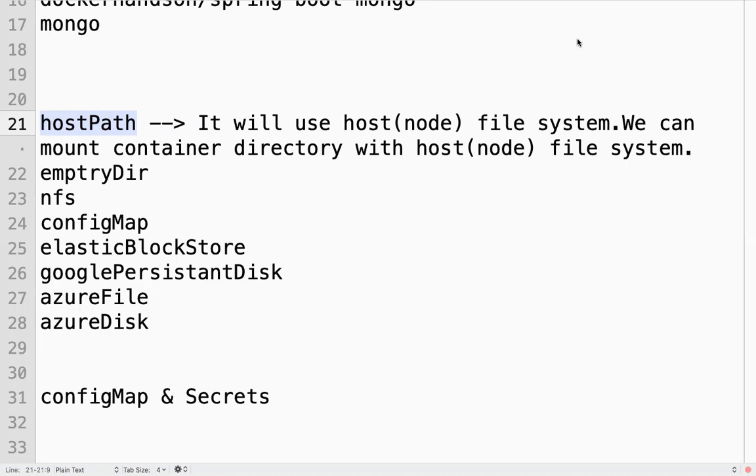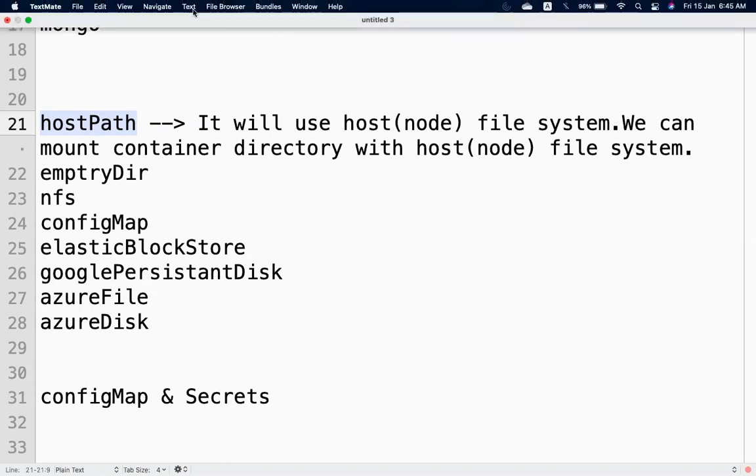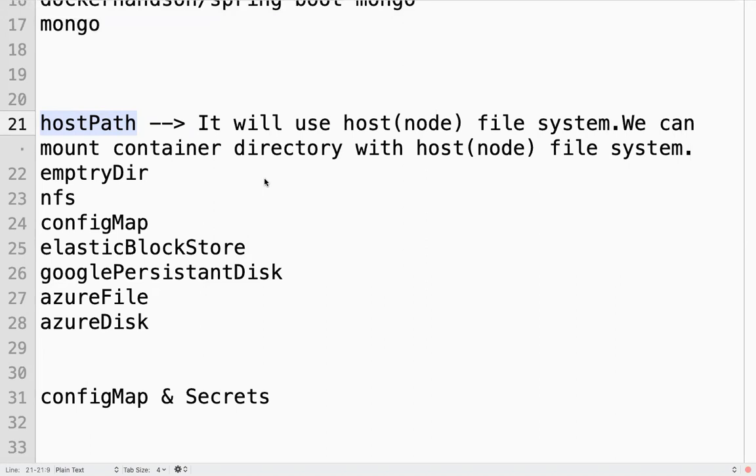It is exactly the same as host path. If you are using only Docker, we have a bind mount, so some directory you are mounting with your container. Similarly, here in Kubernetes, we are using host path.